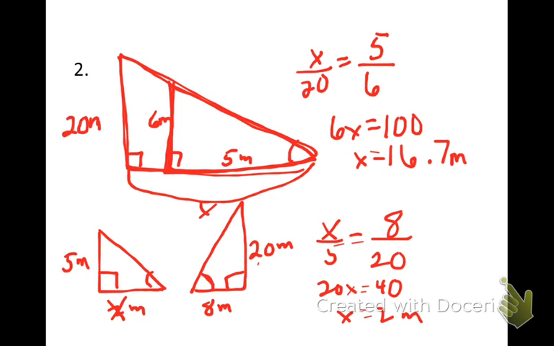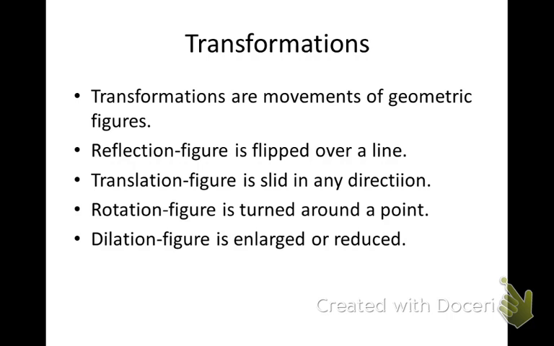Which kind of leads us into our next thing, which is transformations, just a review of transformations. So transformations are just moving things around of geometric figures. So we have a reflection, which is just flipped over a line. That's what I was talking about there. If we have a shape and here is the line, if we want to reflect it over, then it's going to come over here and look like this. So a reflection, you know, a reflection from a mirror, it's not a very good drawing, but